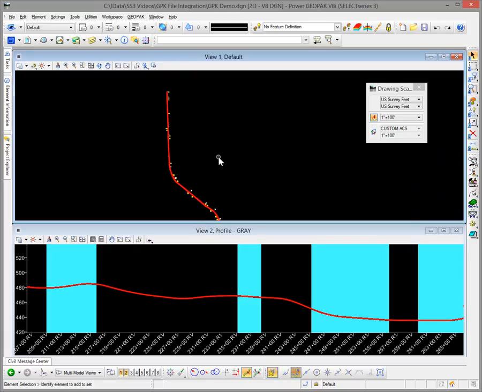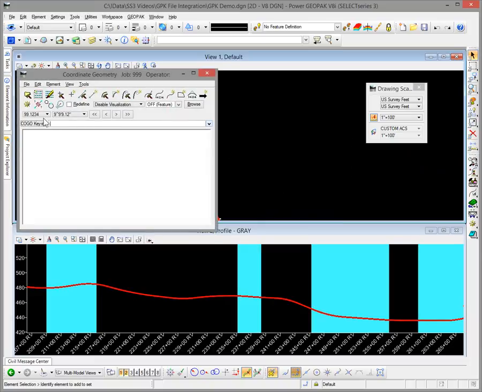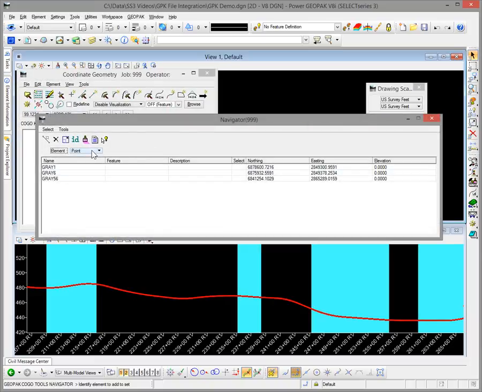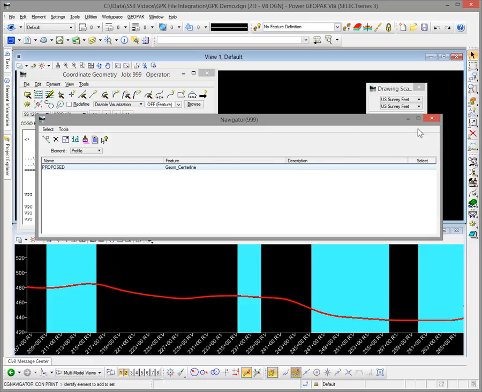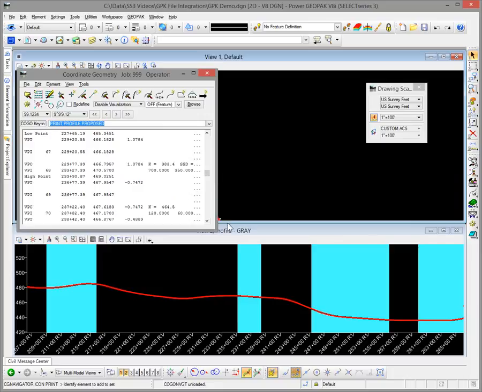Now, what exactly happened in our destination DDB or GPK file? If we go back to coordinate geometry and we look at this file 999, we should now have a chain called gray with the feature definition appropriately assigned, and you can see that that's there. And we also have a profile called proposed, and you can see that it comes in proper stationing and everything just as expected. And a couple of rules here on this profile is,